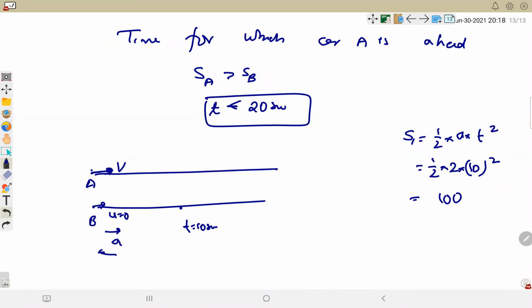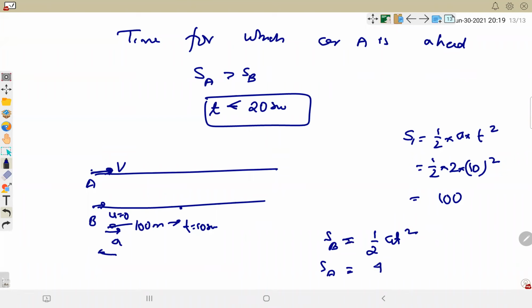So 100 meters ने already cover कर रखा है. और एस बी अगर हम टोटल टाइम t ले लेते हैं, then this will be half at square. और एस ए कैलकुलेट कर लें, अगर B is moving for time t,